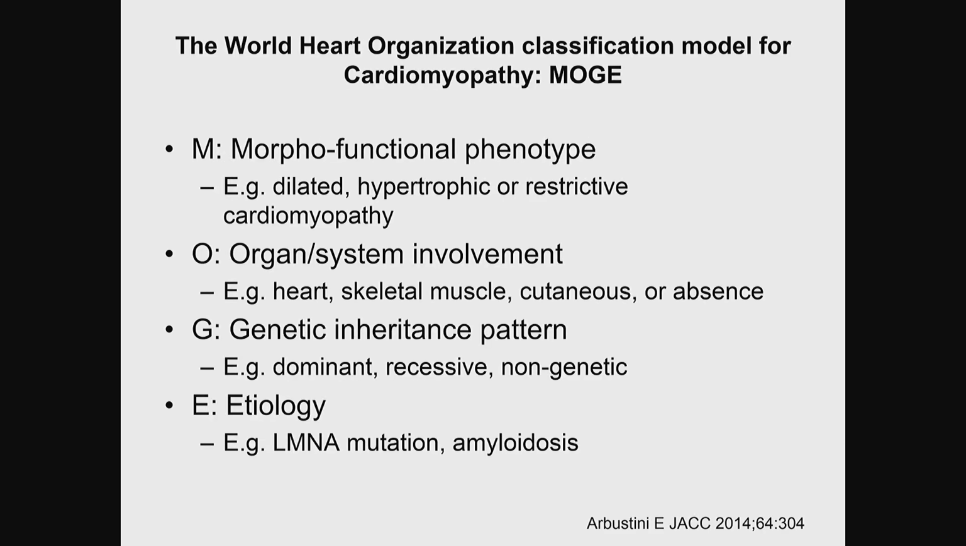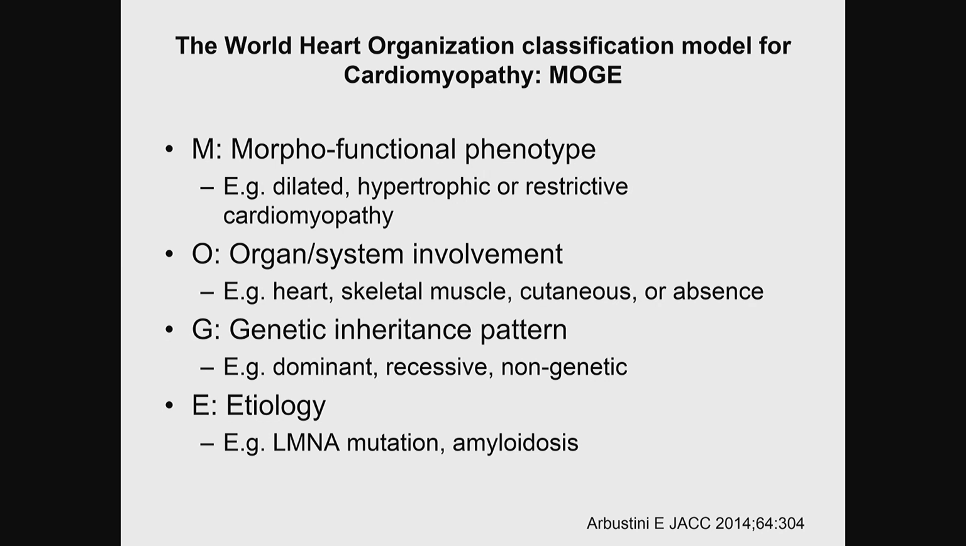The approach to a patient with cardiomyopathy starts with characterizing the type of cardiomyopathy. Different rubrics for categorizing cardiomyopathy have been established and disseminated in the preceding decades. The most contemporary version was provided by the World Health Organization and classifies patients in 4 domains, the MOGE system. Those 4 domains are M for morphofunctional phenotype, and that specifically refers to the pattern of remodeling present in the